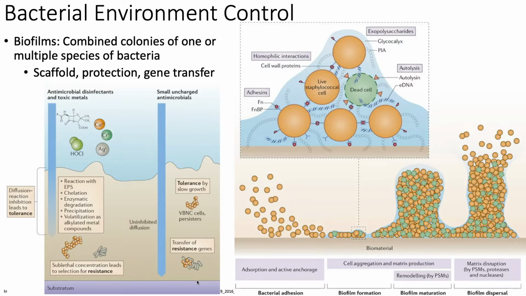It can be one species of bacteria. It could be multiple species of bacteria. But they're these massive bacterial colonies, and they start acting like larger scale organisms. And so in this case, on the right here, you can see this is an example of a Staphylococcus